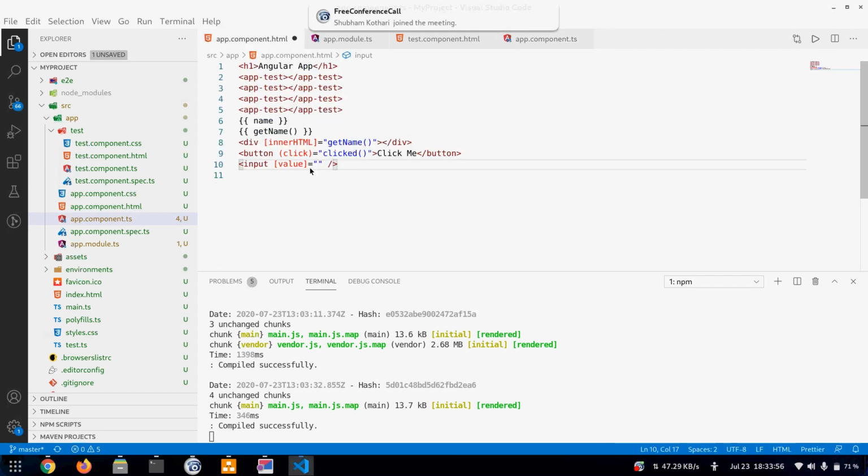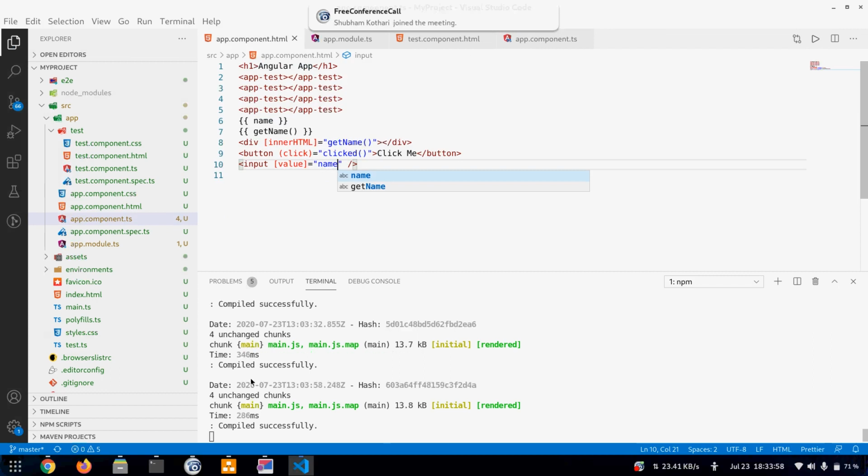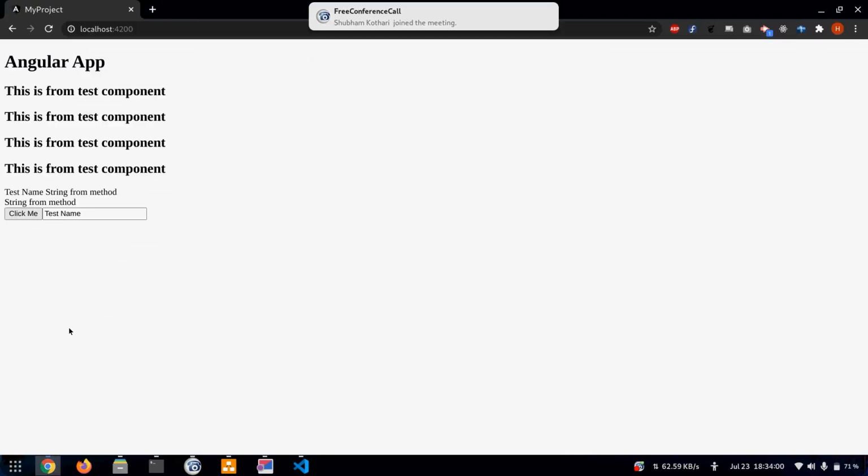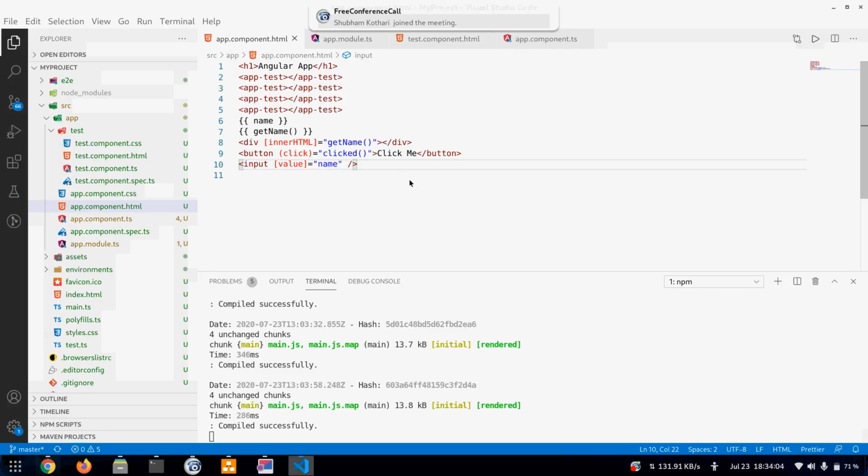We have name here, so we set its value to name. Okay, so it gets the initial value of name. Then we also have to create a change method, so whenever it changes, we update the value of name, otherwise this thing will never get changed.